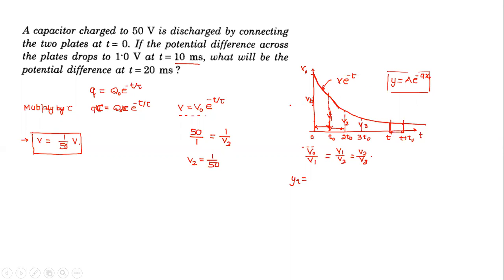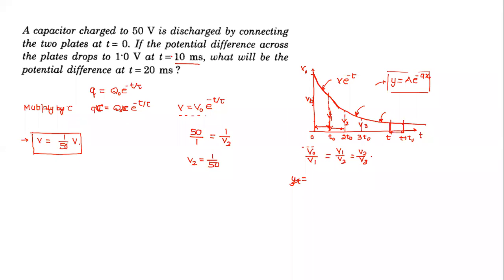Generally, if we take in this equation t and 2t, the ratio will be constant, e to the power t naught by tau. So this is a property I can use not only in this chapter, wherever we come across an exponential decay curve, which happens in other cases also, this property holds good. And this is a property of this relationship. So here also I can find a number of ways to find the proof. And if you're interested in a proof, maybe in a work session I'll give a proof also.